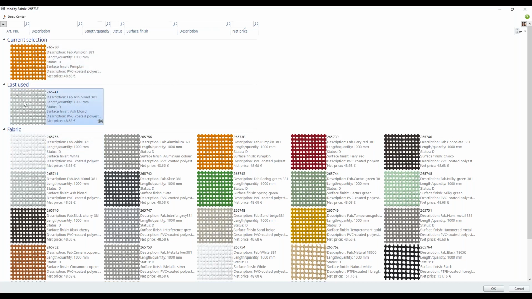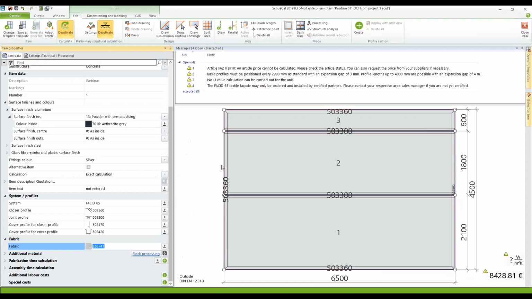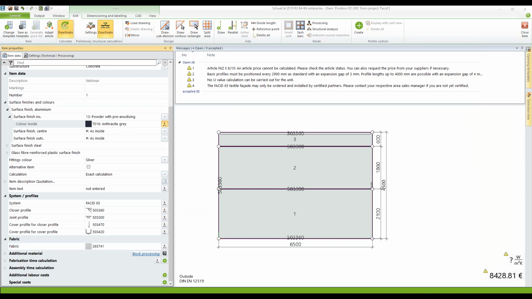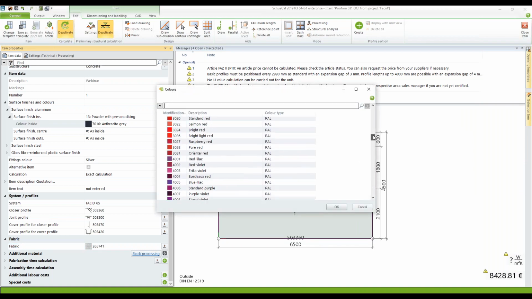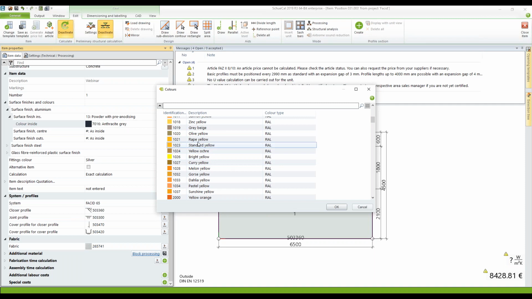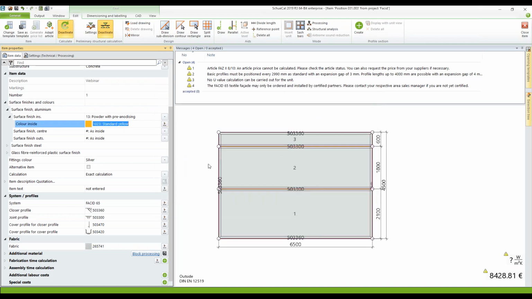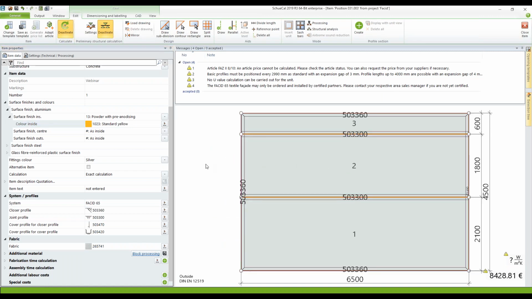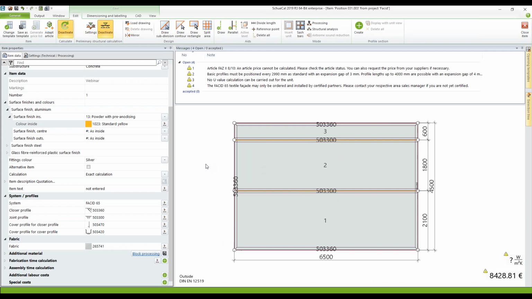What I like to use is an ash blonde color for a better view for you on the screen. As you can see here, the profiles are green and not that much visible. So let's choose a different color, for example, standard yellow. Click on OK, so they can be better seen if we are working on the item. So what I like to do next is,